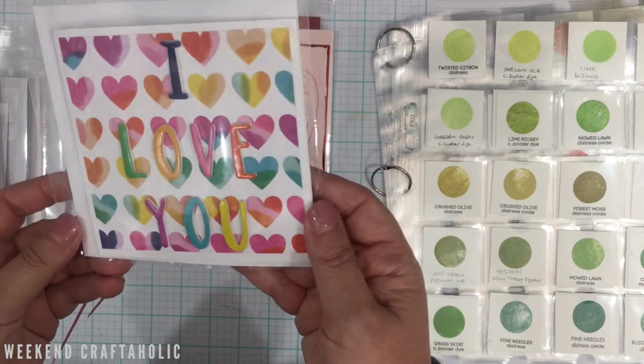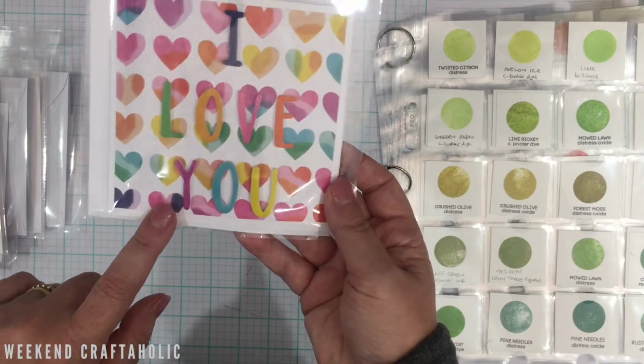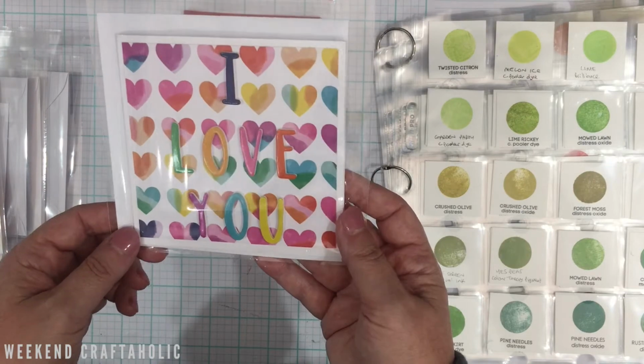This is one of my favourites as well. I love how colourful it is. This is from the Go the Scenic route. Again, just pattern paper, but this time using thickers. So this technique really is just